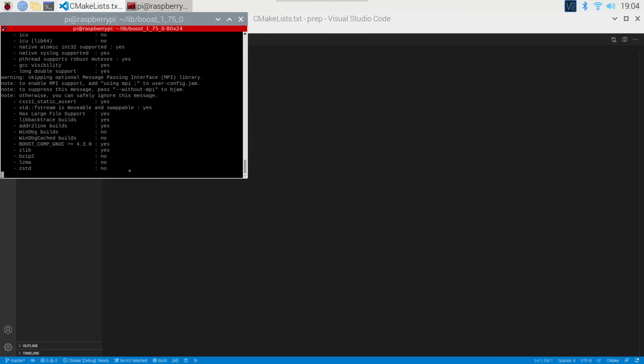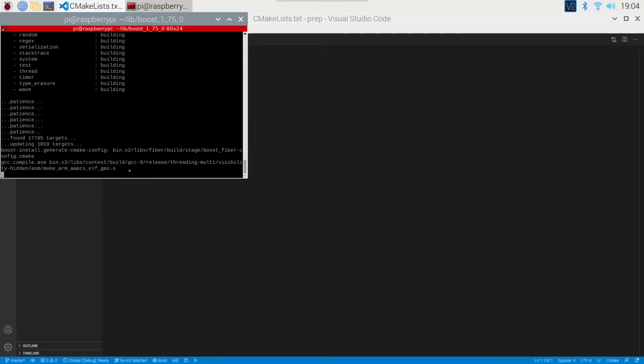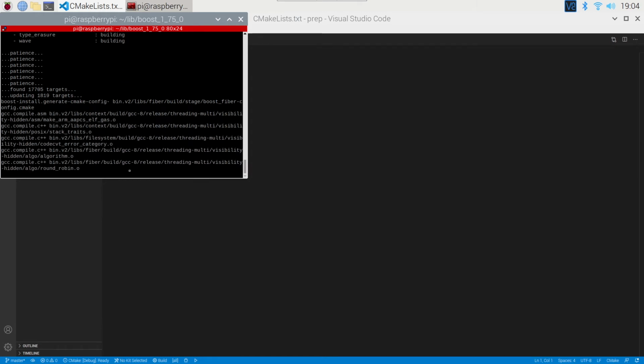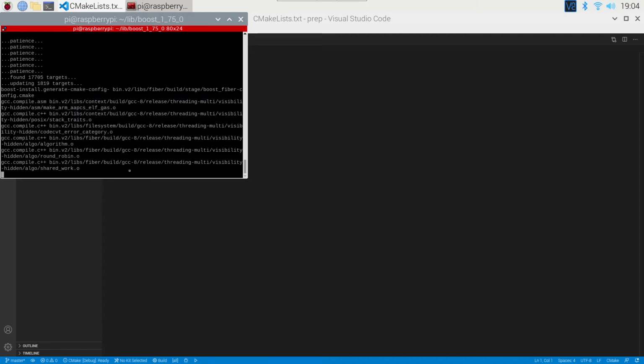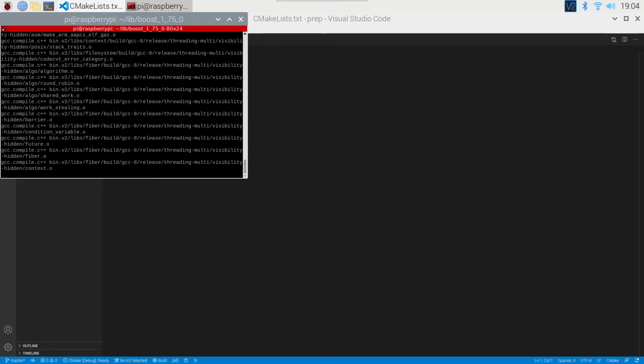It's going to check that it's got everything that it needs, and it'll tell you if it doesn't have something, and if it doesn't, you may have to install some things. But if it finds everything, it should start building, and there it goes. It's building all of the library now. So I'm going to pause the video and come back when this is done building,